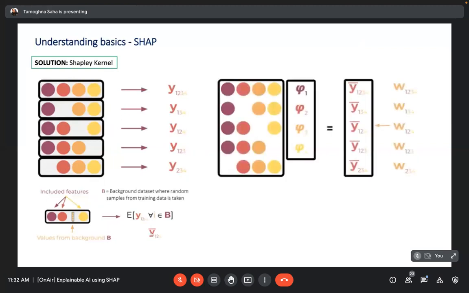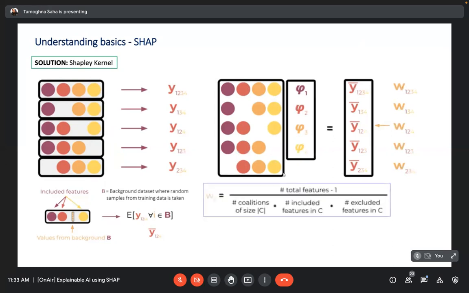So what happens is that the objective is to perform a weighted linear regression model, where the objective is to find out the coefficients associated with these features having this expected target output. And how do we provide weightage to these individual outputs? It is through these weight scores. And how are these weight scores calculated? The weight scores are calculated based on this particular formula.